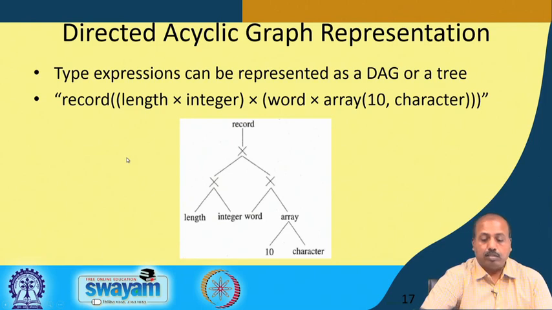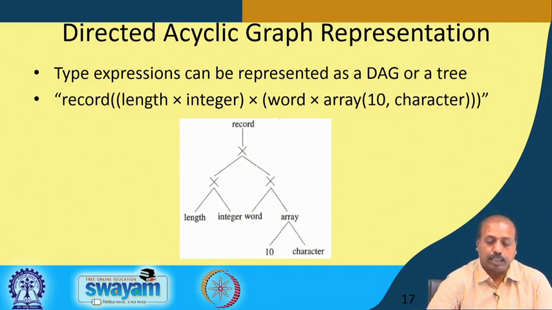Sometimes we use a directed acyclic graph for representing the types. A type expression can be represented as a directed acyclic graph or a tree. Both of them are possible. For example, if we have a record consisting of the fields length and word, where length is an integer and word is an array of 10 characters, then this record is the overall type. This is a cross product of